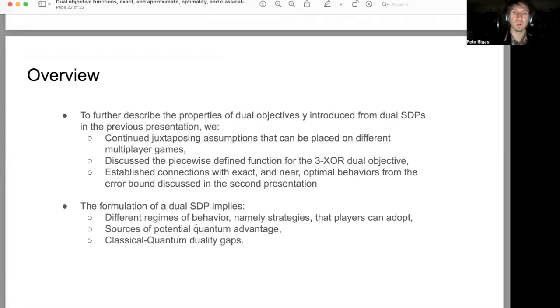And altogether, the formulation of the dual semi-definite program implies different regimes of behavior, namely strategies that players can adopt, as well as the influence of these strategies, which are impacting not only sources of potential quantum advantage, but also classical quantum